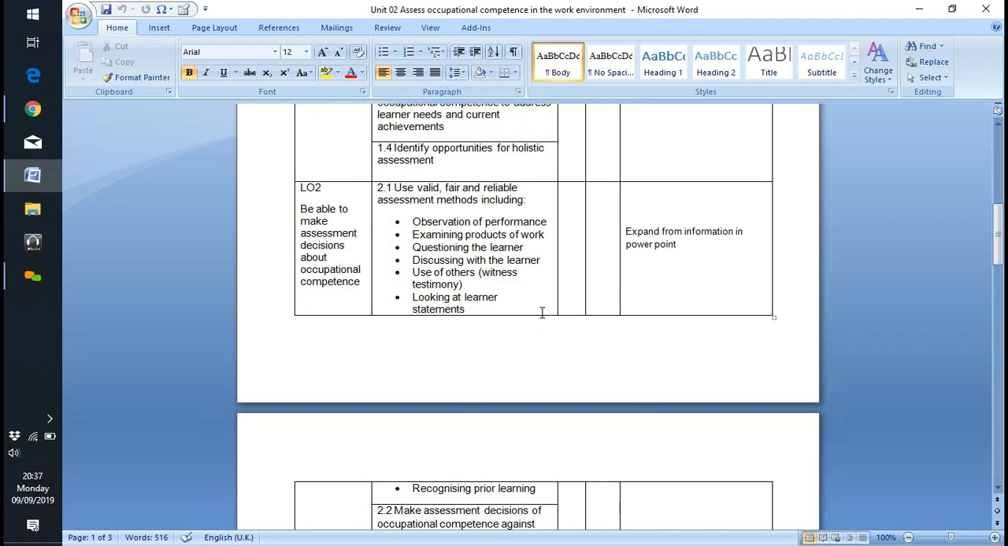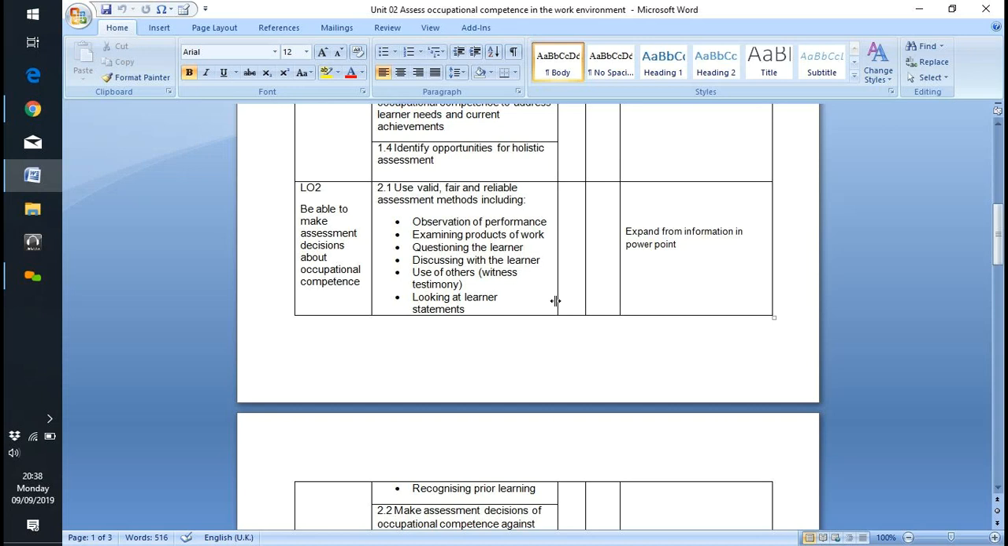It says use valid, fair, reliable assessment methods. That's exactly the same as Unit 3, and it's basically observation of performance, examining products of work. In other words, you've actually made something you can look at and measure, asking questions of the learner about the work they've done, discussions with the learner. You can have a professional discussion and this is why